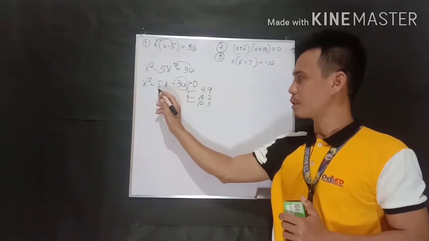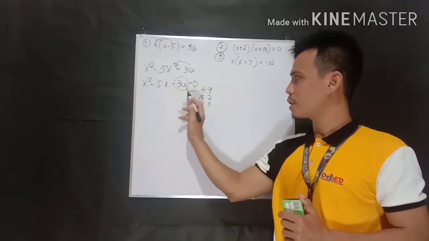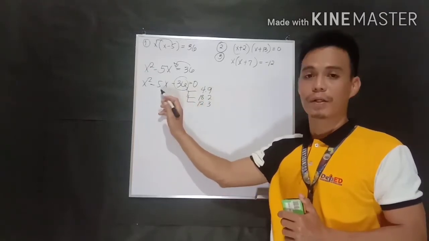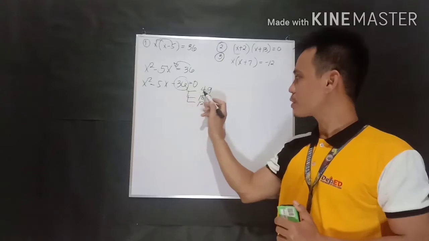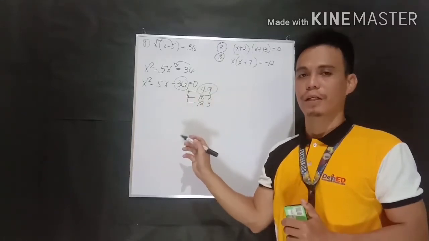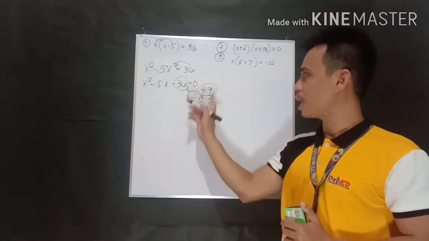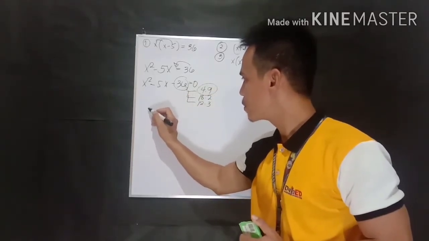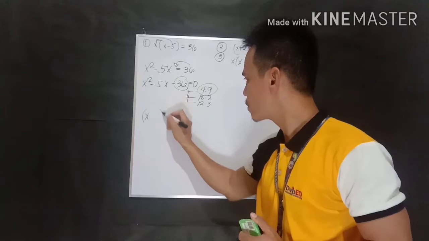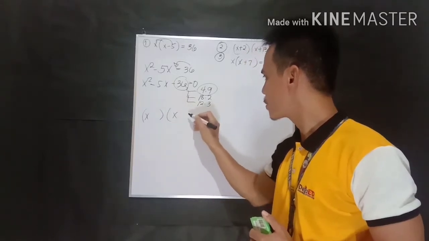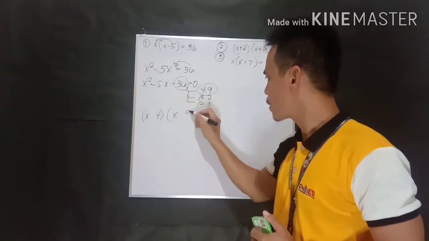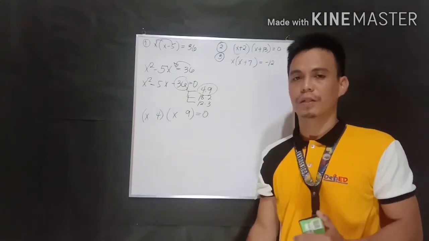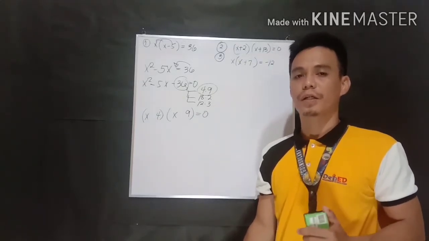So, para malaman natin kung anong gagamitin natin, titignan natin yung linear part, which is negative 5. So, titignan natin kung alin dito, pag nagsusubtract or pag nag-add tayo, lalabas yung nasa linear part. So, in this case, magagamit natin yung 4 and 9. So, okay? Therefore, our factors will be 4 and 9. So, x, 4, and 9 is equal to 0. Equate na natin to 0 agad using the zero product property of